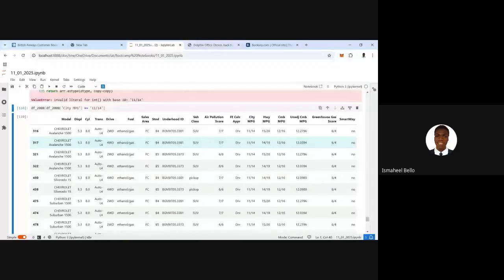Now look at where the problem is coming from. This air pollution score is having 7/7, this is having 11/14, 12/16. All these things, they are strings. They are not numbers, literally, what is 15/20? No, they are strings. And one thing that I also need to note is that you need to understand the